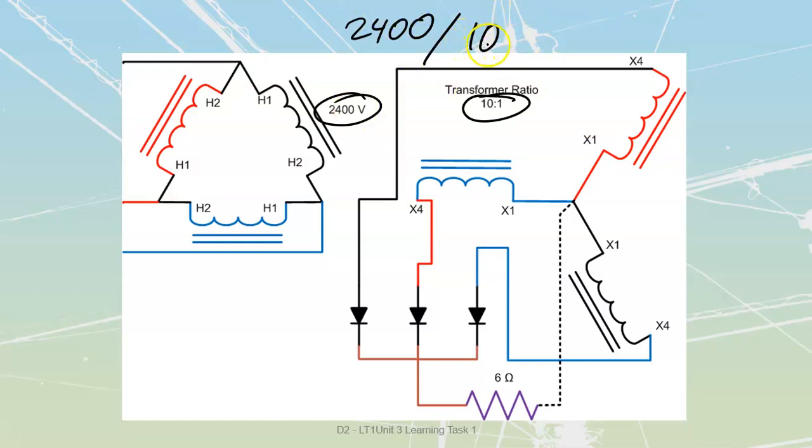I don't need a calculator for that. You don't need a calculator for that. Nobody needs a calculator for that. 2400 divided by 10, we just knock a zero off, and we end up at 240 volts. So this winding is going to be 240 volts going across from here to here. Okay? This is important that we recognize that this is 240 volts going across from my neutral to my line,